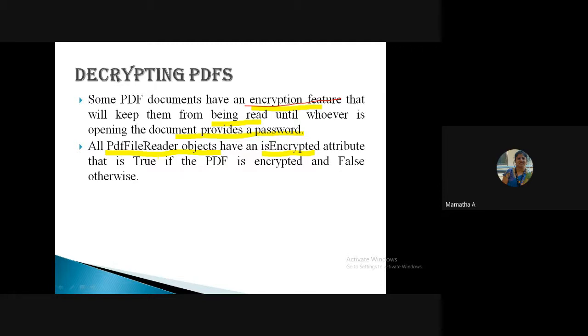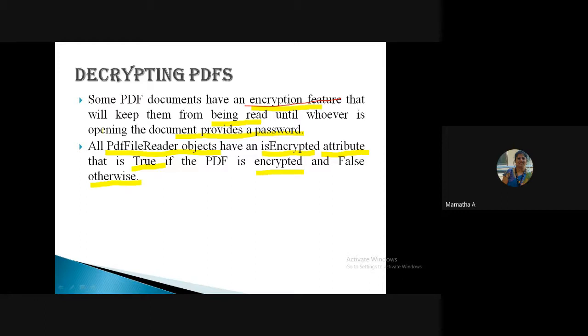Could you remember? Num pages. What does the num pages attribute give me? Total number of pages. Similarly, there is another attribute called is encrypted, and this attribute returns a value true if the PDF is encrypted with a password, else it returns false. Very simple.